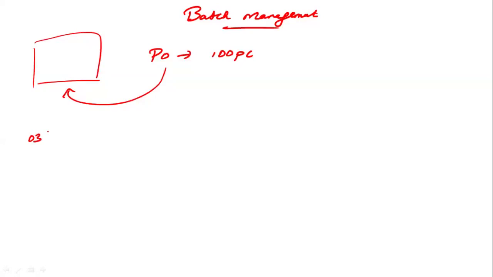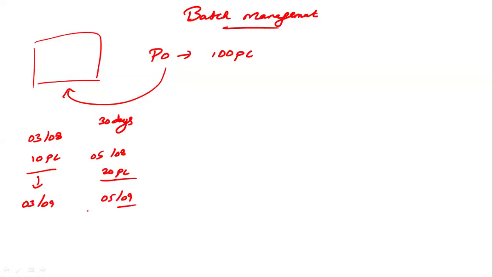Based on that, we can decide on which day this material got manufactured. For example, today 10 pieces got manufactured, and the expiry date for this material is 30 days. After 2 days, on Monday, he is going to manufacture 20 more pieces. Then these 10 pieces will expire on 3rd of September, and these 20 pieces on 5th of September. If he is not mentioning the batch, the system will consider that all the quantity was manufactured on the same day, and it will consider the expiry date accordingly. That is the reason we have this batch.